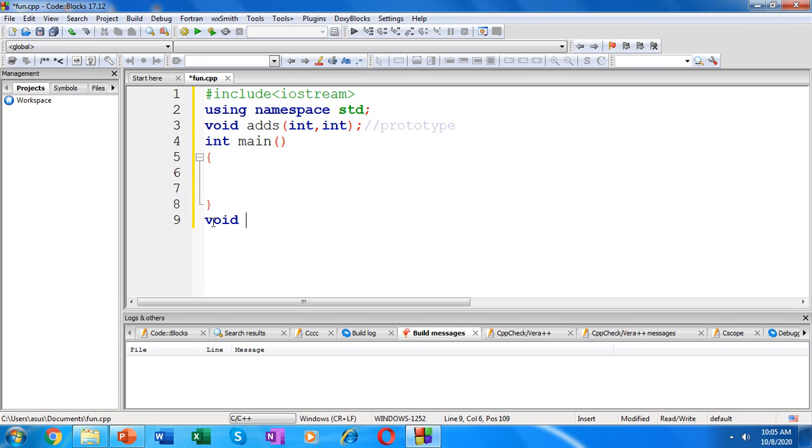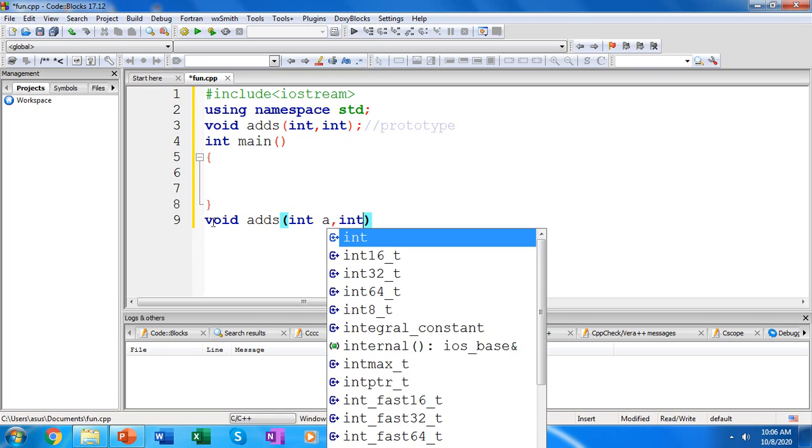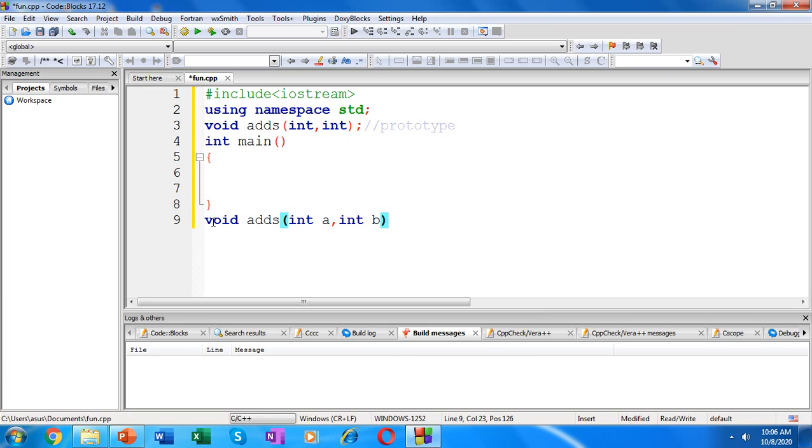So the return type of our function is void, indicating it's not going to return anything. The function name is adds, and now here you have to specify the name of the arguments. So a is one of the arguments the function is going to take, and let's give another name, b, as the second argument. Now here you can write the function definition. As said, the function is going to compute the addition of two numbers. So this is the definition of the function. I'm using a variable sum to store the result of a plus b,